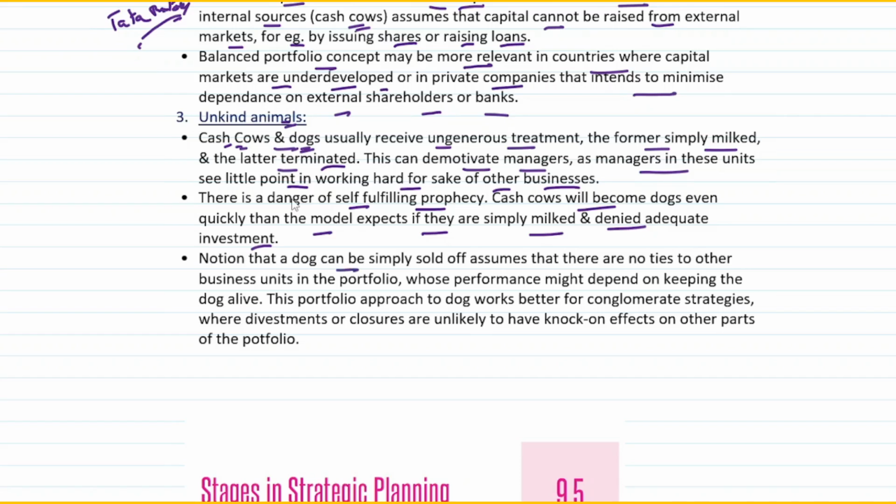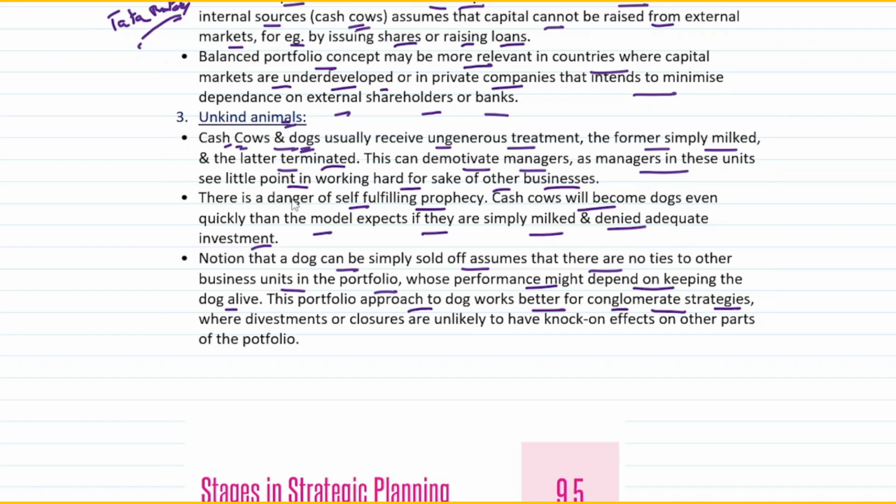Now, the notion that a dog can be simply sold off assumes that there are no ties to other business units in the portfolio whose performance might depend on keeping the dog alive. There may be situations where a dog is not generating adequate revenue for you, because we know it doesn't have a huge market share or good growth rate, but it may be necessary to keep the business running. There may be many situations like that, but a dog need not be closed all the time. This portfolio approach to dogs works better for conglomerate strategies. In smaller companies it doesn't work much because you have to keep your dog alive, but this portfolio approach to dogs, that means shutting down the dog,